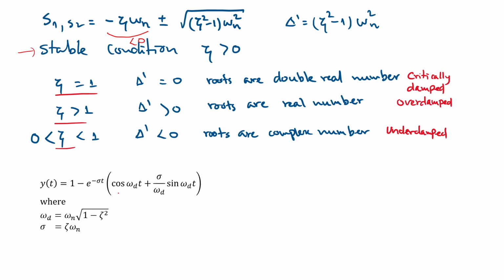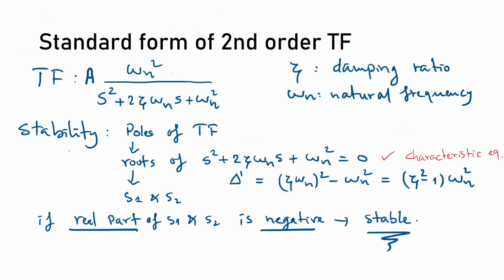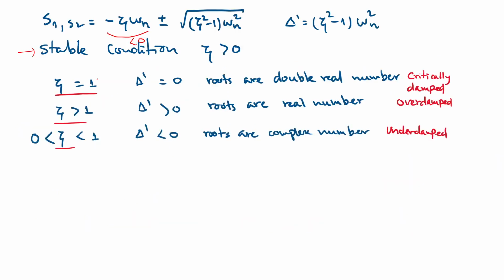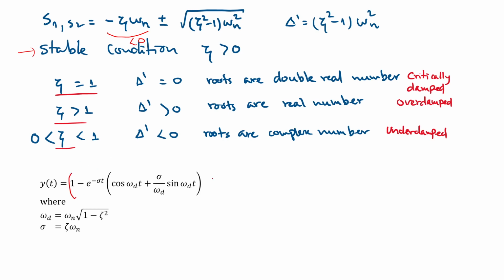I think I made a little mistake here. Actually, if the original transfer function is like this, it has amplitude A here, then you should get A like this, right? Okay. So suppose A equal to 1,